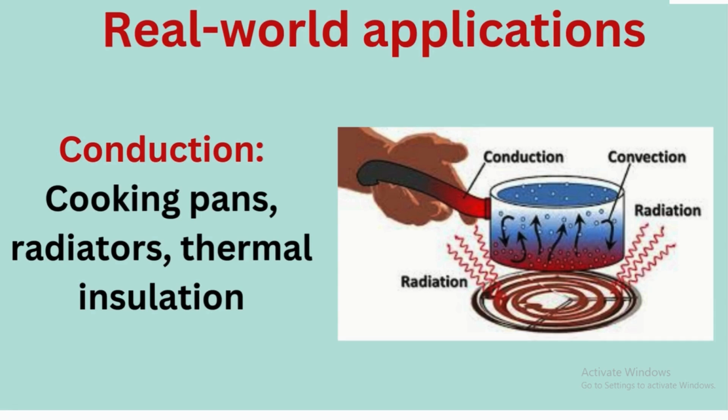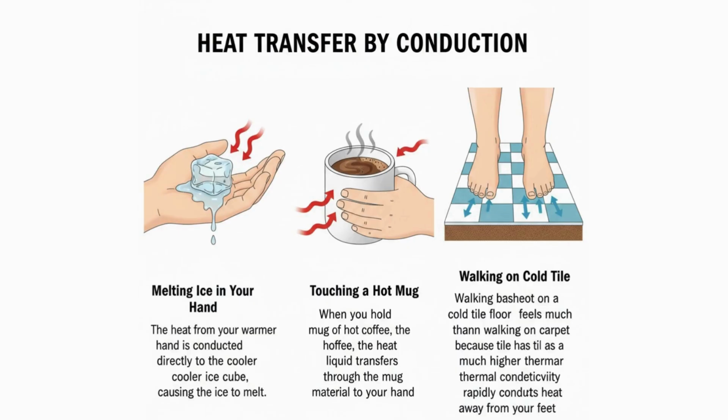There are some examples of conduction, such as cooking pans, radiators and thermal insulators, which are examples of conduction in our real world applications or daily life activities. Now we are discussing some interesting examples in our daily life. The first example is melting ice in your hands. The heat from your warm hand is conducted directly to the colder ice cube,